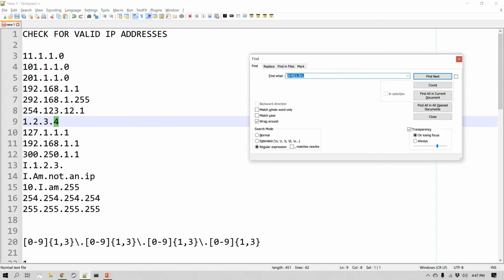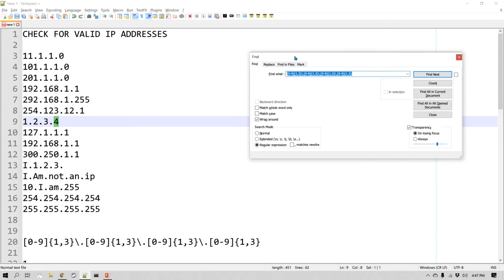So this is the first one, and I can just repeat this second, third, and fourth time, and I need to remove this. This is the most basic test for just 4 numbers, each of them about 1, 2, or 3 digits separated by dots.